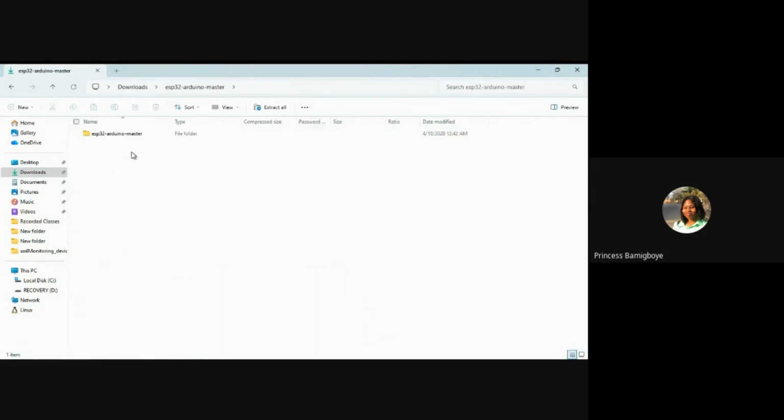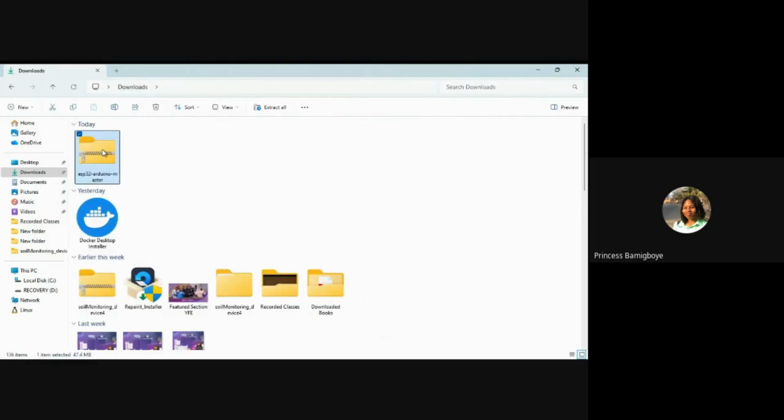Or I would just right click on it, and then you would see extract all. Where do you want to extract it to? I want it to be outside of this folder, so I'll put in my downloads. So select folder, I extract it to downloads.